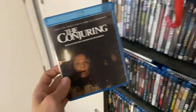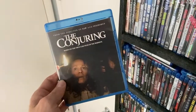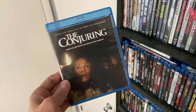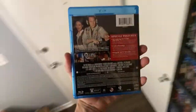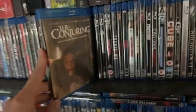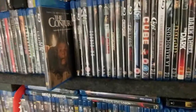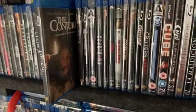The Conjuring, I love The Conjuring. I remember watching this for the first time when, admittedly, this came out at a time where I was pretty disappointed in where horror was and where I thought it was going. And then James Wan drops this, and in my opinion, James Wan helped reinvigorate horror for that decade. This came out in 2013. And I remember sitting down and watching this by myself at night with a drink when I drank, and I was looking over my shoulder every 10 minutes